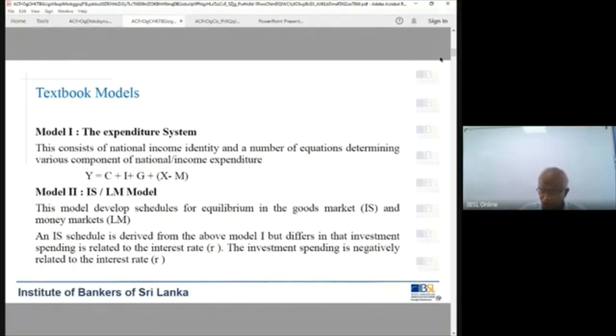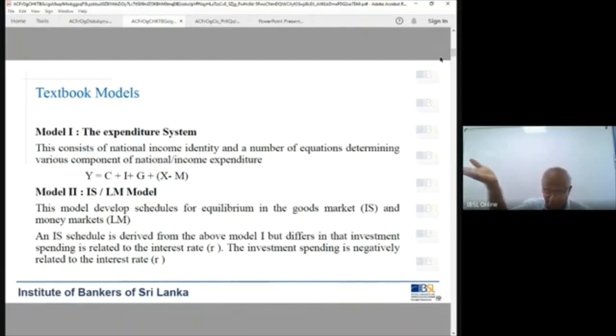Interest rate is the cost of funds. Interest is the opportunity cost of money. Interest rate is loaded with lots of definitions. Interest rate is the cost of present consumption. In this case, we take one of the definitions: interest rate is the cost of funds. When the interest rate increases, what will happen? The cost of funds increases.